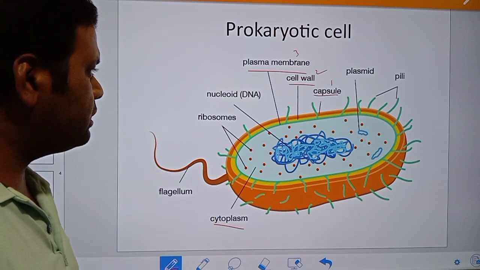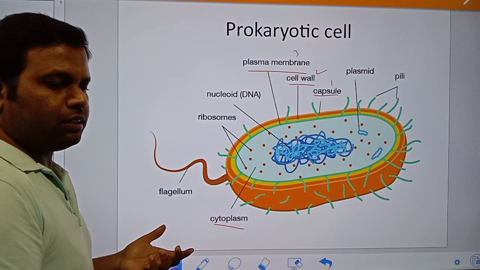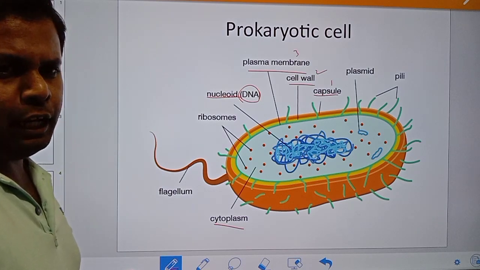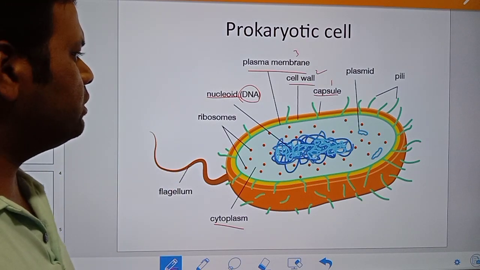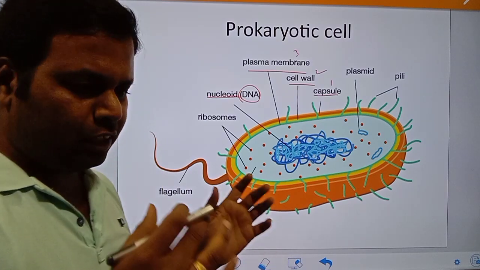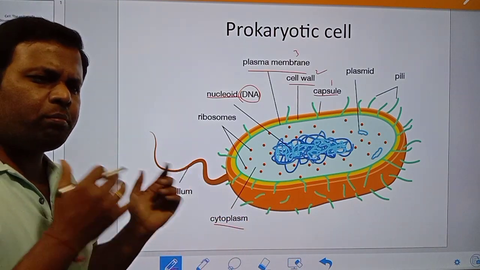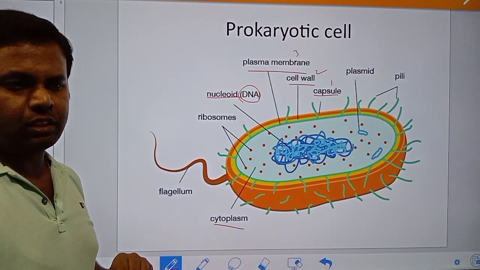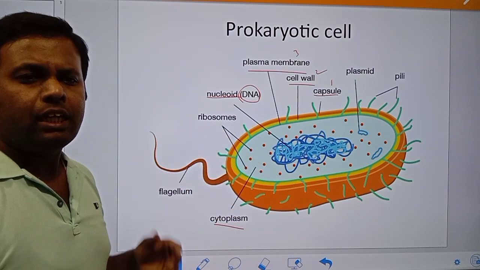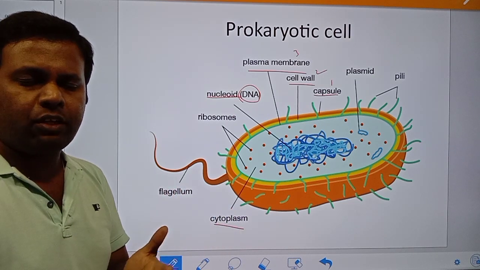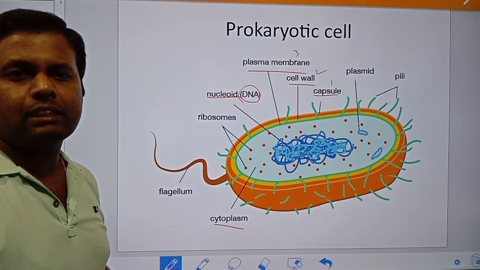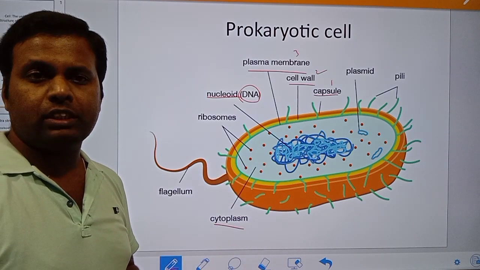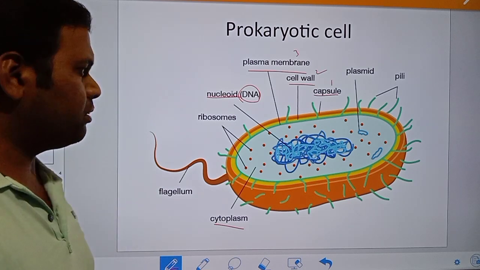What are those cell components? One of them is the nucleic acid, or you can say the nucleoid. That is the circular DNA, which dominates this cytoplasm. It is the dominating part because it commands the total cell function. Who controls the whole cell function? That is the nucleus. Obviously in a normal eukaryotic cell it is the nucleus, but in this case the nucleus representative is nothing but the circular DNA, which is also known as the nucleoid or genophore. We will discuss it in a later part.